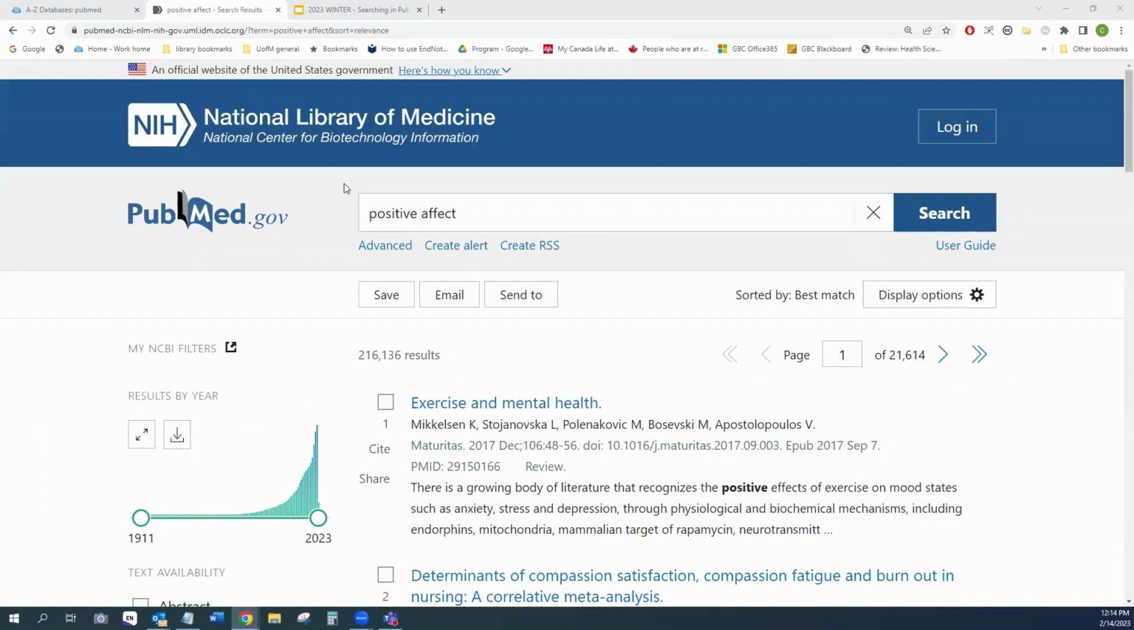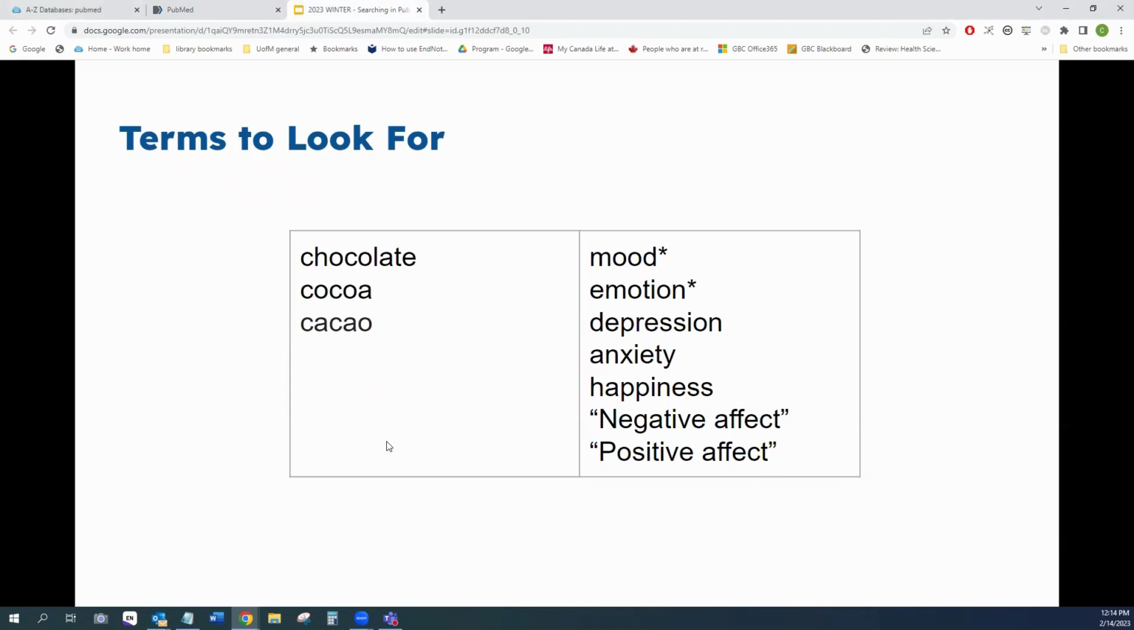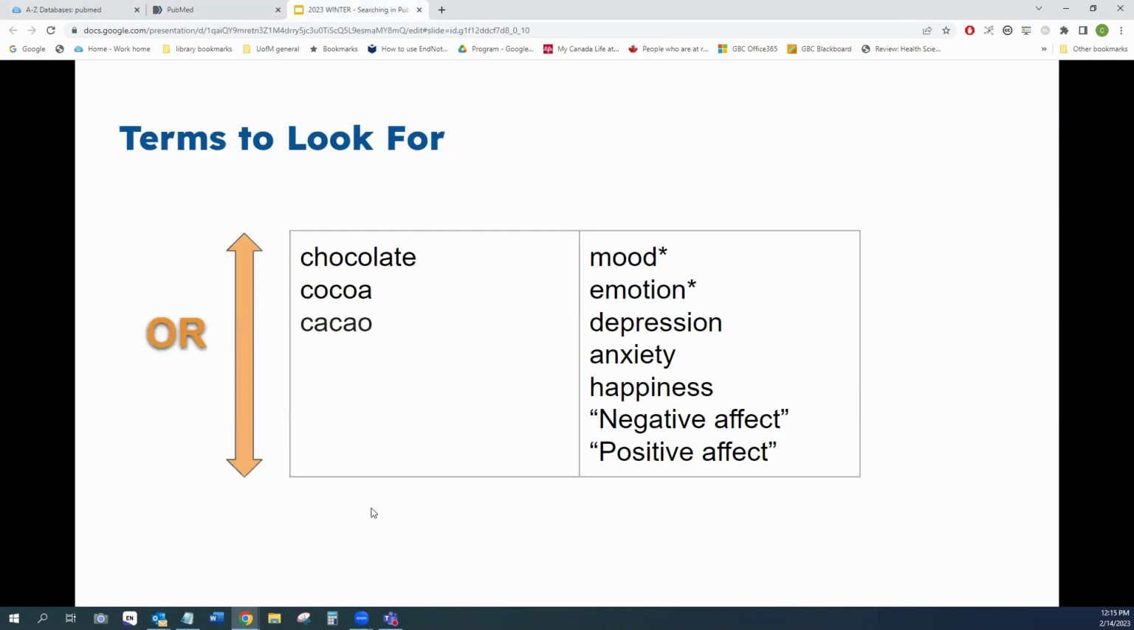All right. So let's do our search. I'm going to go back to the main page. So I've got my search terms. I'm going to do chocolate, cocoa, and cacao first. Oh, actually, before I do that, I'll point out